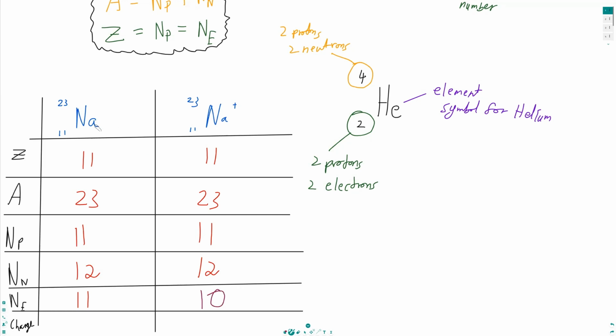It's gone from Na0 to Na+. That doesn't mean it's gained a proton. The number of protons stays the same. It's the electrons that are involved in the reactions. So, as we will see later, not in this video, but in later videos, it's the electrons that get lost in chemical reactions. So here we're going from Na0 to Na+, which means we've lost one electron,